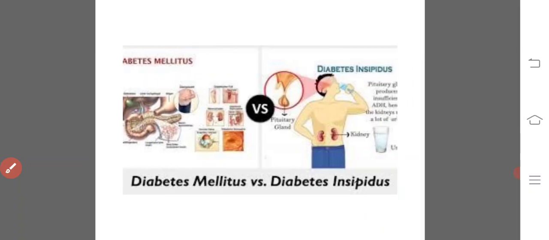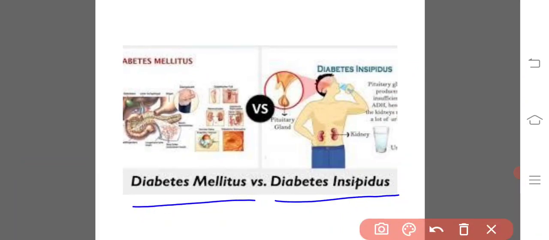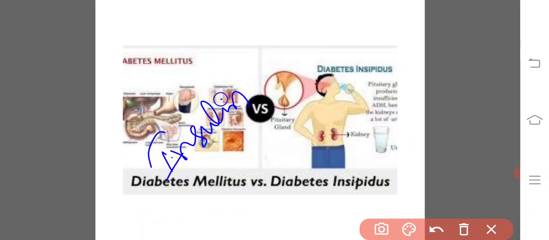Here we should discriminate diabetes mellitus versus diabetes insipidus. Diabetes mellitus is a hormonal disorder where there is a deficiency of insulin, otherwise the non-responding activity of the insulin receptors of the target cells. So whatever it may be, it is related to insulin. Diabetes mellitus is directly or indirectly related to insulin, whereas diabetes insipidus is related to the